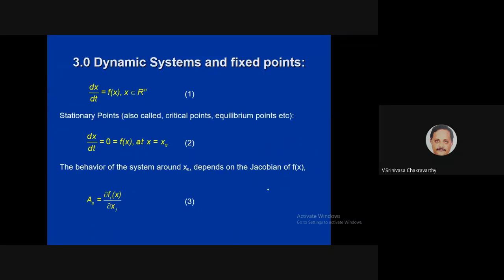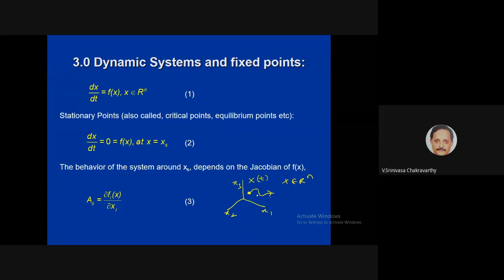Okay, so now with that background, let us come to dynamical systems. Why are we talking about what is a dynamical system? A dynamical system consists of a system which has a state vector x, which is n-dimensional. So x is in Rn, in some coordinate system x1, x2, x3, etc. This system varies in time,